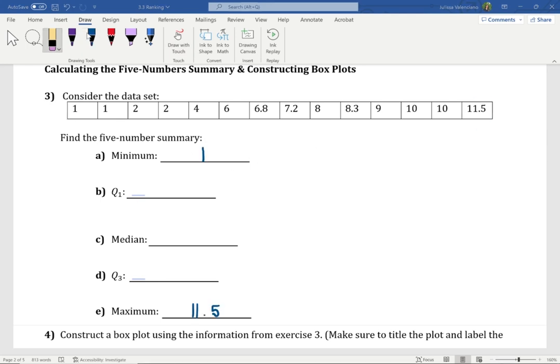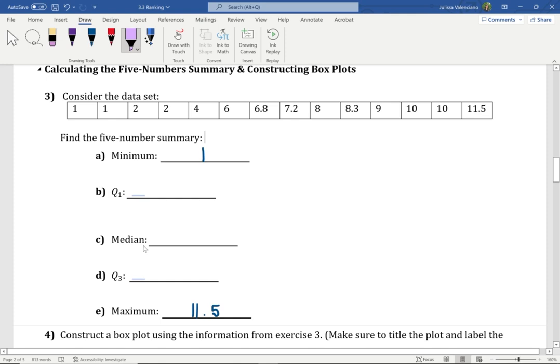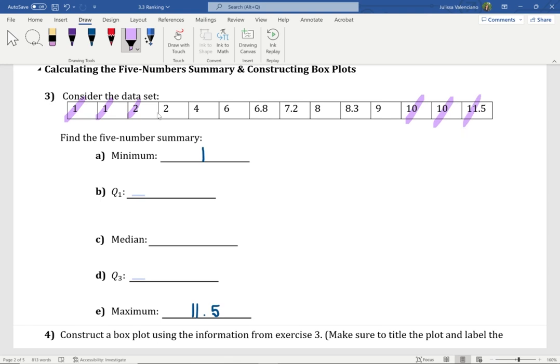Next, we're going to focus on finding the median. That is the value that divides our data into 2 sets, the lower half and the upper half. Again, I like to cross numbers on the right and left. I'm crossing 3 on the left. That means I need to cross 3 on the right. I'm going to do 3 more on the left. That means doing 3 more on the right. And now we're getting closer to the middle.